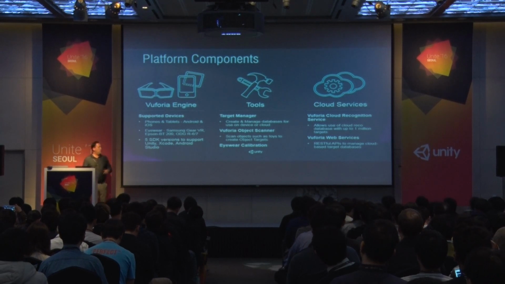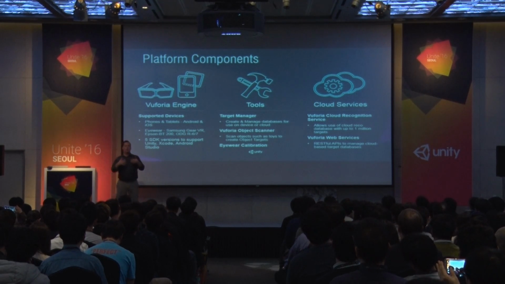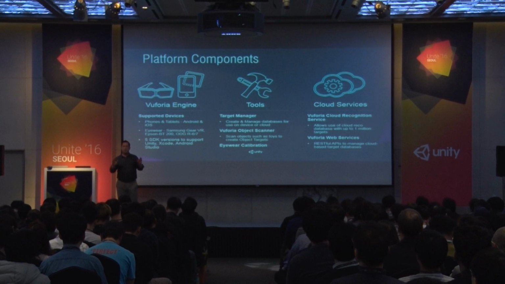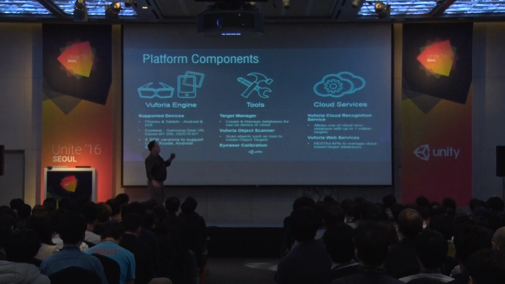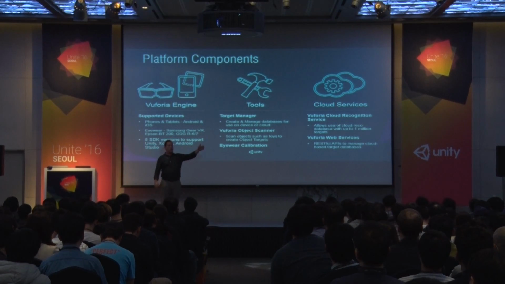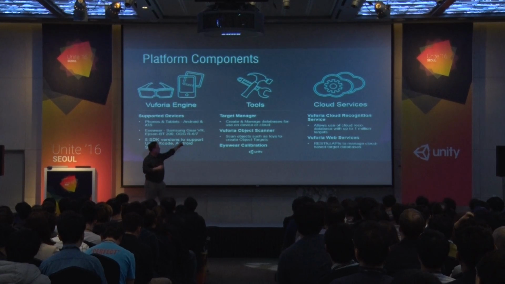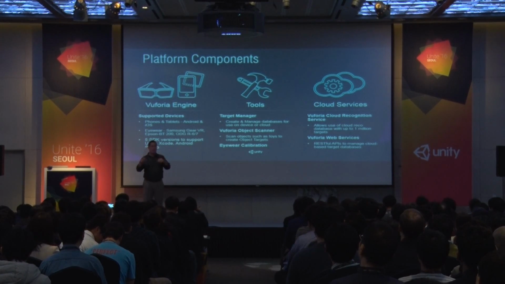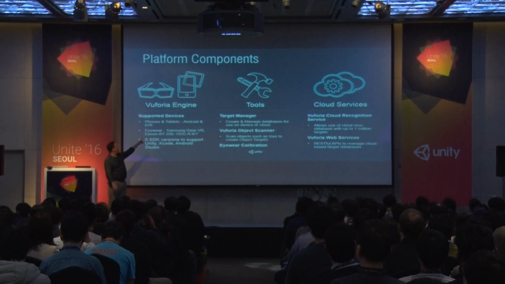Our cloud service really provides an image recognition service that exists online, so it's like a web service. And it can support huge portfolios of images, up to 1 million images if you choose. And when you query the cloud recognition service, it returns the same data representation that you would create through the target manager tool, so that you can also track that. So it doesn't only recognize, but it also enables you to follow it, to track it.